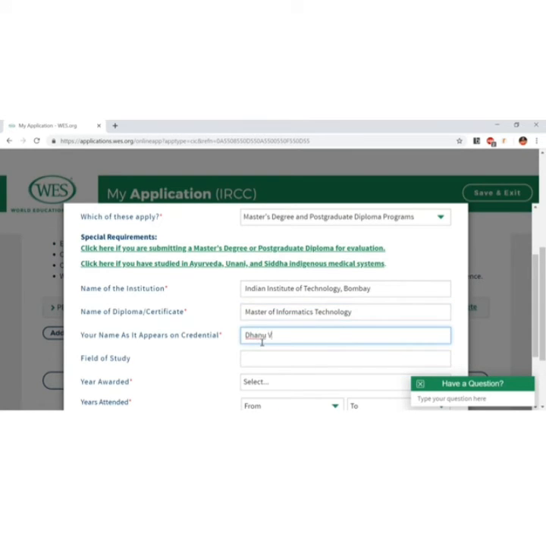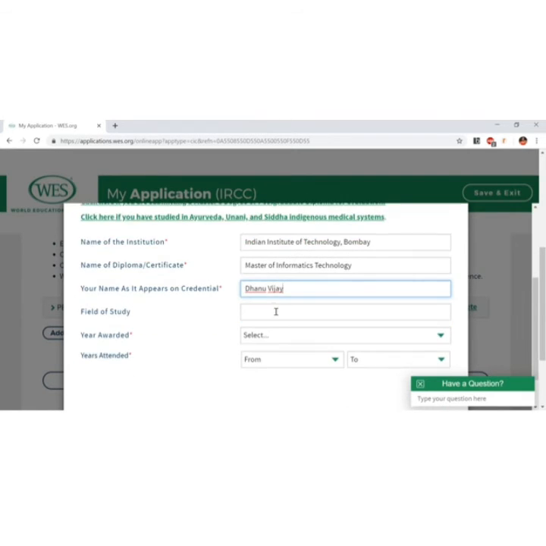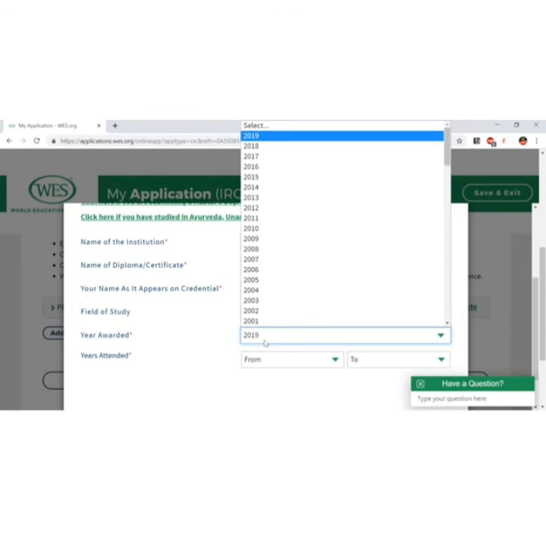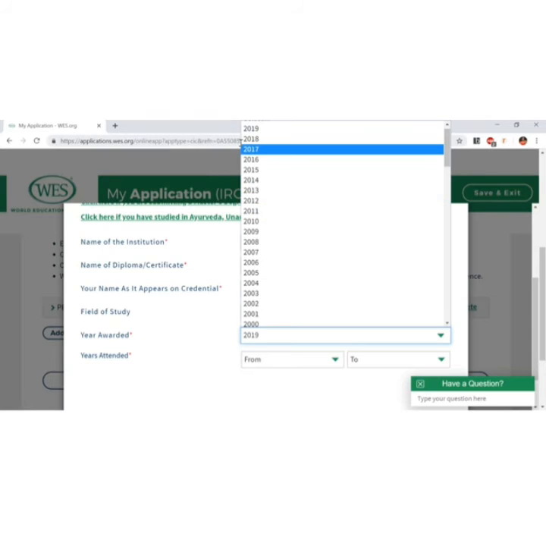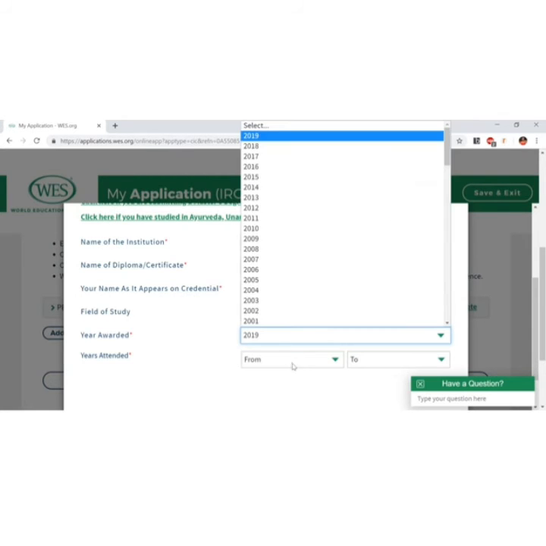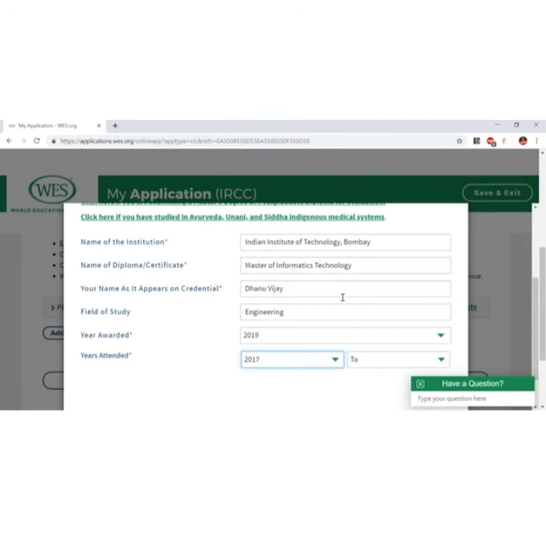Again the name. Just to clarify from my end, I'm putting all these degrees and colleges as random values. Field of study, if it's again engineering, the year awarded, from when did you take the course.